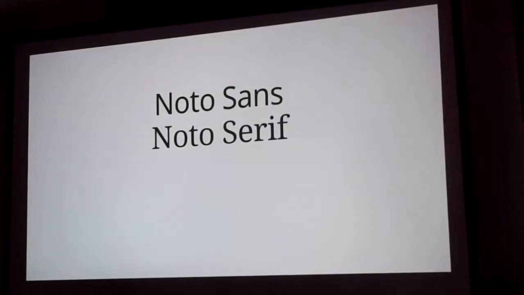It's basically paid for by Google and designed in-house by Monotype, Adobe, and some other foundries. I am doing some consulting for the Google Internationalization Group, but mostly because I was so enthusiastic about this project that they basically offered me a part-time job there, because it's just fantastic. It's great. So this is a little